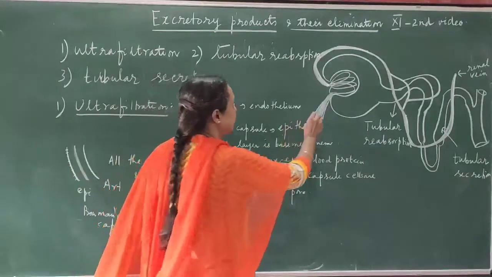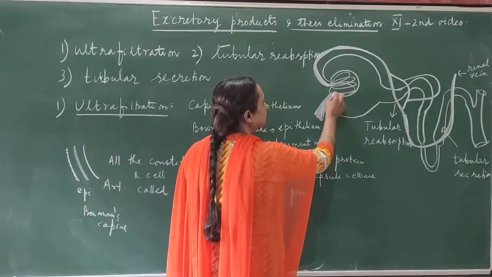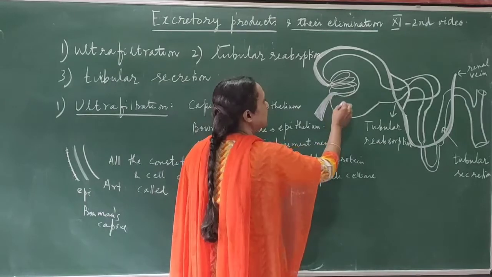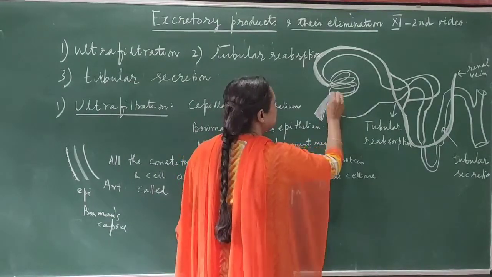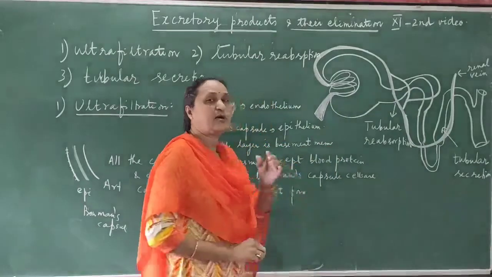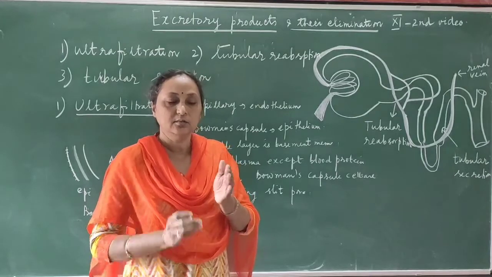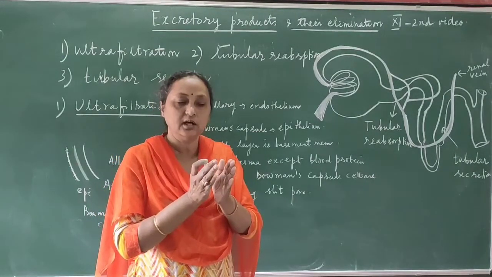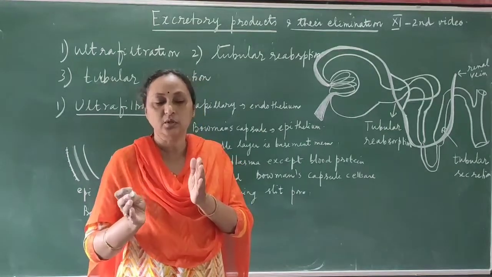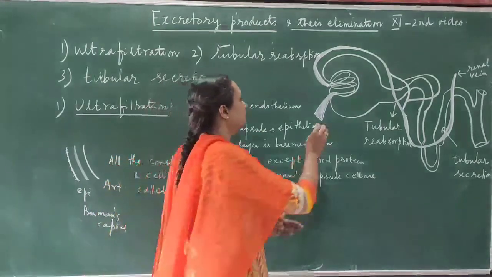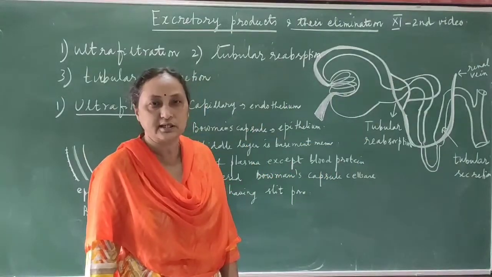Alright, so the blood that is entering with the help of the arteriole, afferent arteriole. Now suddenly when the diameter is becoming narrow, now the blood is coming under pressure, and with the help of the pressure, now there is a filtration of the blood. Maximum part of the plasma, except the protein and the cell. The protein and the cell they are remaining in the arterioles, and maximum amount of the water, some of the glucose and the amino acid and the salt, they are filtered. So the process that is called ultrafiltration.